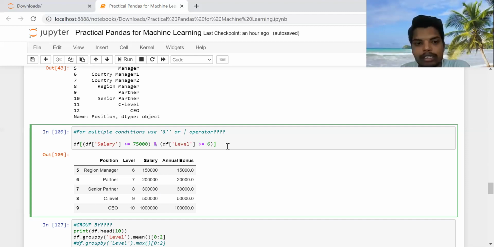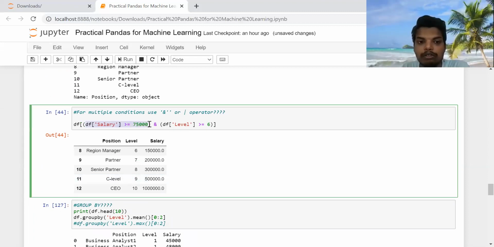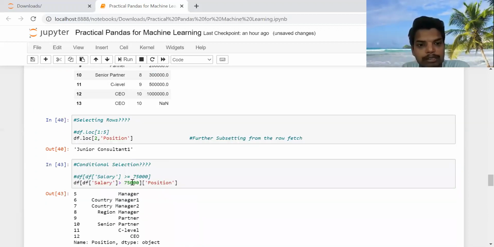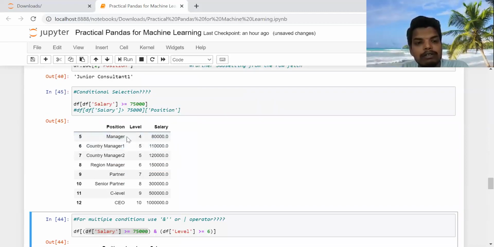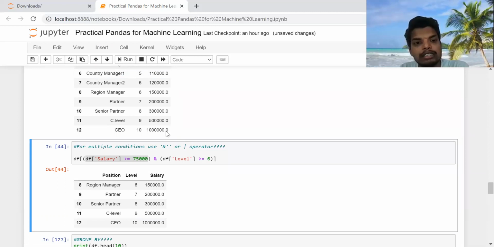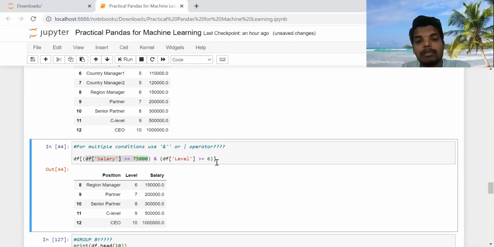Okay, so if you do shift enter here, you will see that it has firstly checked that salary is greater than or equal to 75,000. And then it has also checked the level. See, if I show you this example, I will comment this part. If I show you this example, we have salaries greater than 75,000 even for our manager employee, with levels 4 and 5 also. But here, when I have also filtered for level greater than or equal to 6, it has omitted levels 4 and 5, and it has fetched the result from 6 to 10. So this is with the help of the AND operator. But if you use the OR operator here, we will get the same data set.